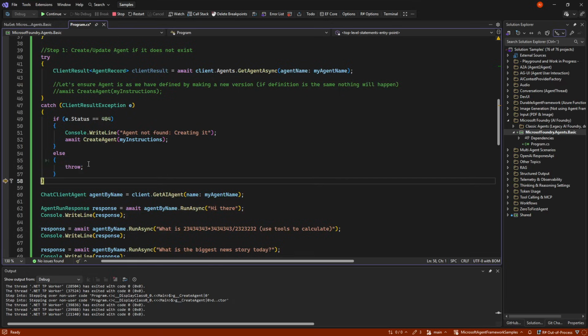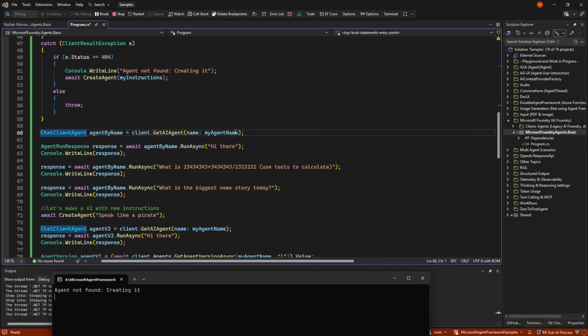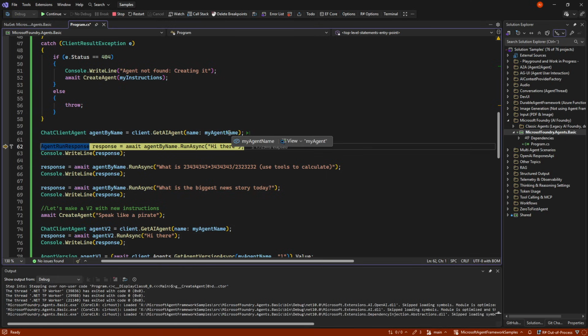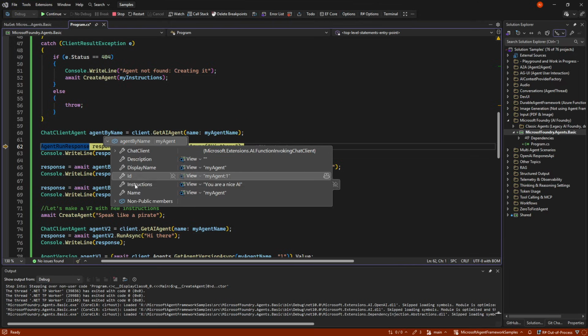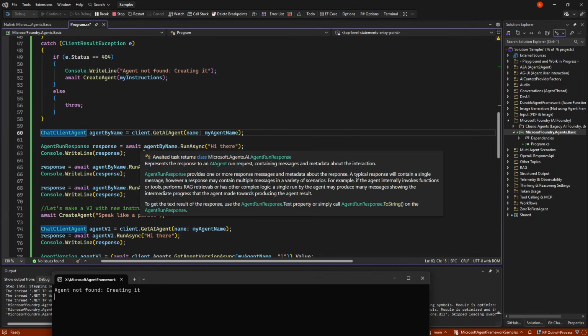So now we have created our agents, and now we can get it as Microsoft Agent Framework. And for that, we just simply say client.getAIagent, and we just give it the name. And behind the scenes, it will go up and find the right one, because everyone has a unique name. So now we have a normal client with instructions and our normal stats with the tools we have made. And now we can ask it, of course, let's say hi there to it.